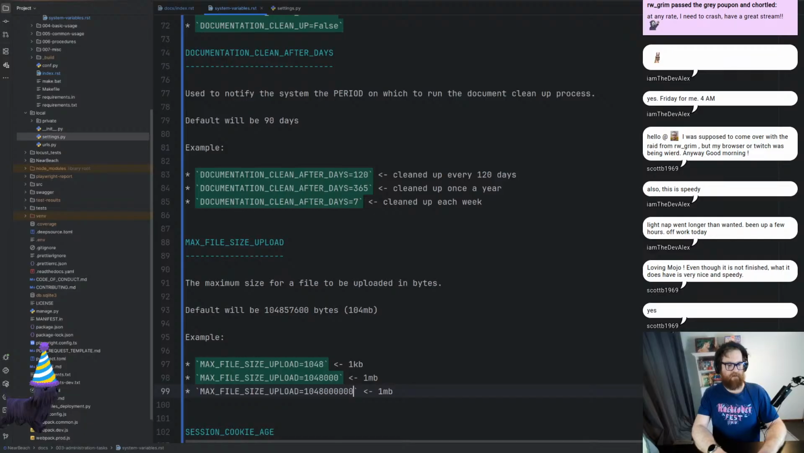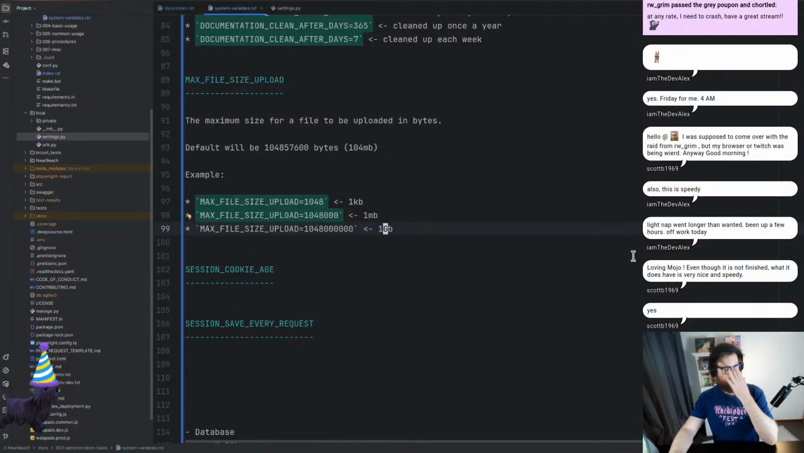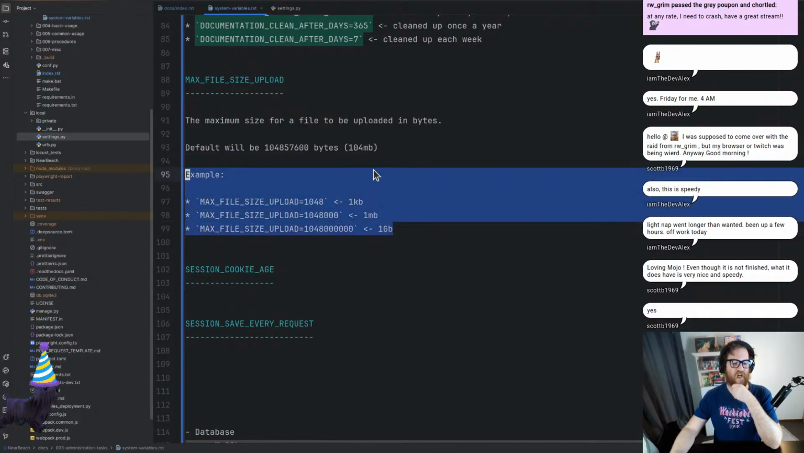1, 2, 3. That will be now 1 gigabyte. I think that's meant to be like that. And kilo, mega, bigger. Yeah, we don't want users to go mental, so I'll leave it at that. So yeah,